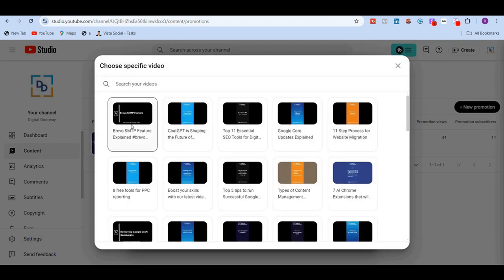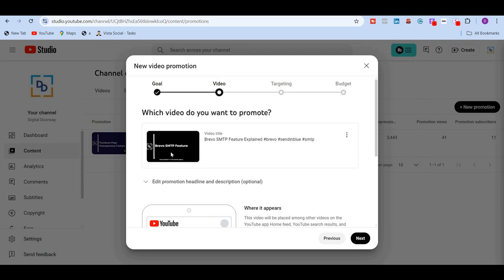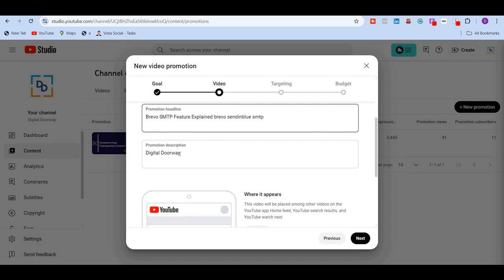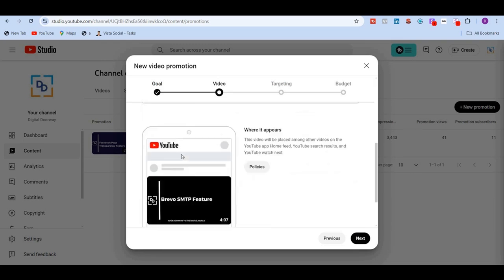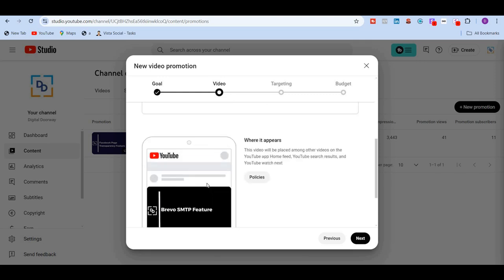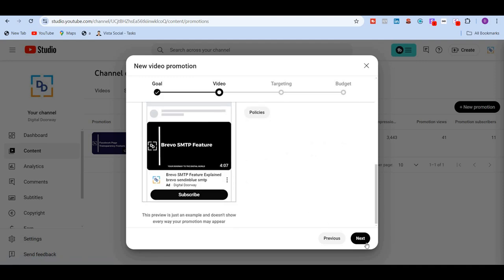right? So I'm just going to go with this one. This is the latest video that I've posted, Bravo SMTP feature. You can add the promotion headline and the description, and this is how it shows. You have the brand name here, and then you have the brief over here, and then you have this large subscribe button, which is where users will click to subscribe to your channel. You also have the policies over here, so you can go through these Google standard policies. Click on next,